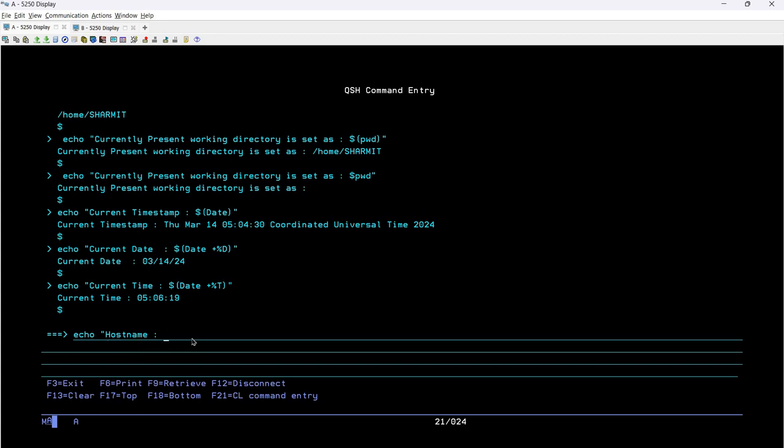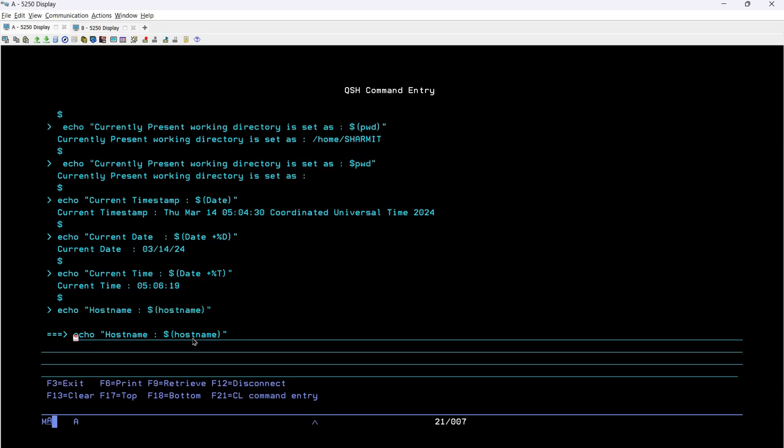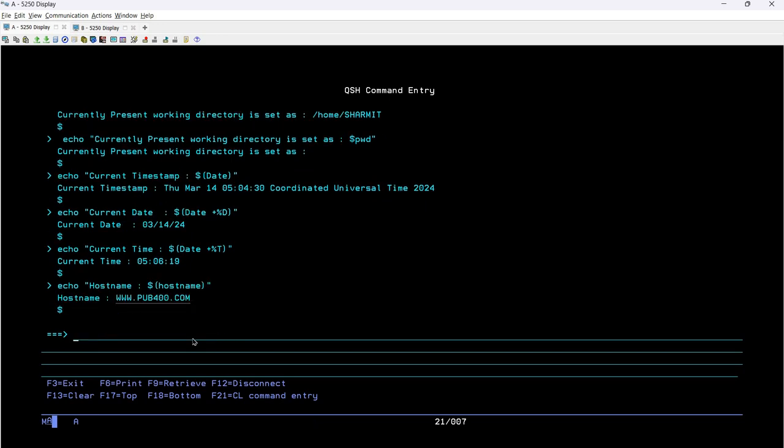So here if I want to print the host name, I can simply write dollar and then opening and closing parentheses. Inside that you can write hostname. So what it will do is print your host name. If I close it with a double quote, you can see the output has come, which is hostname colon equals to